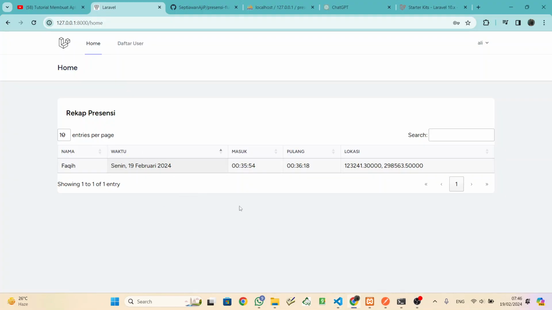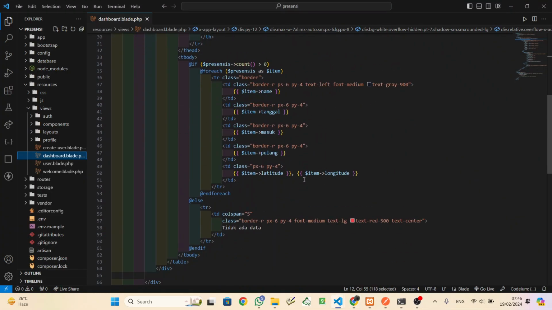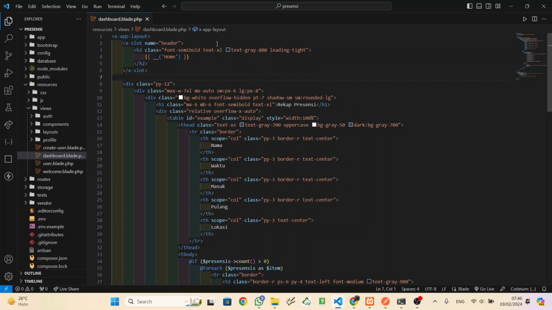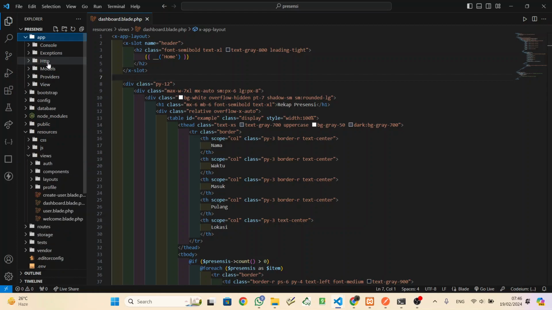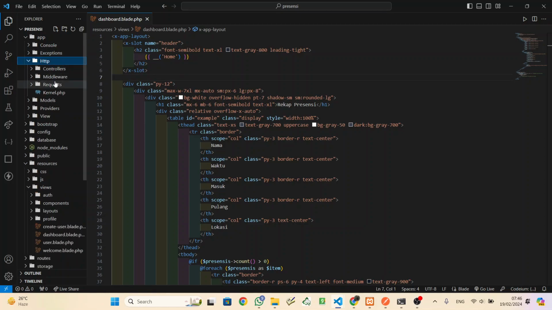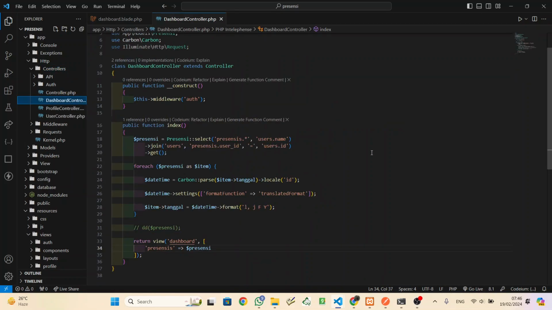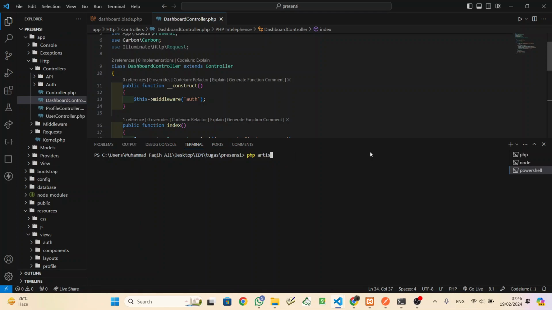For this table I use jQuery DataTables. Before moving to the dashboard, make a controller for the dashboard first, in the HTTP controllers, with php artisan make:controller DashboardController.